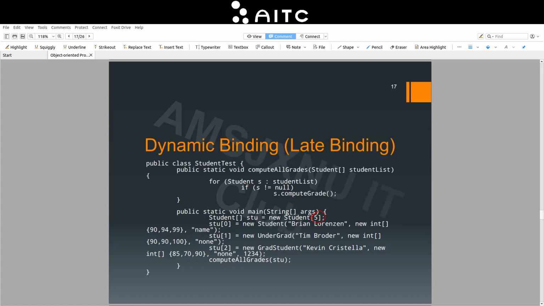Because it calls the constructor of student by default. By default, and because it calls it by default,